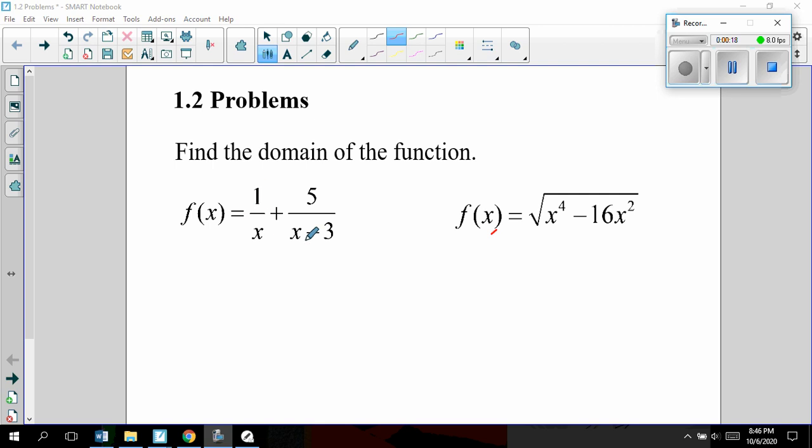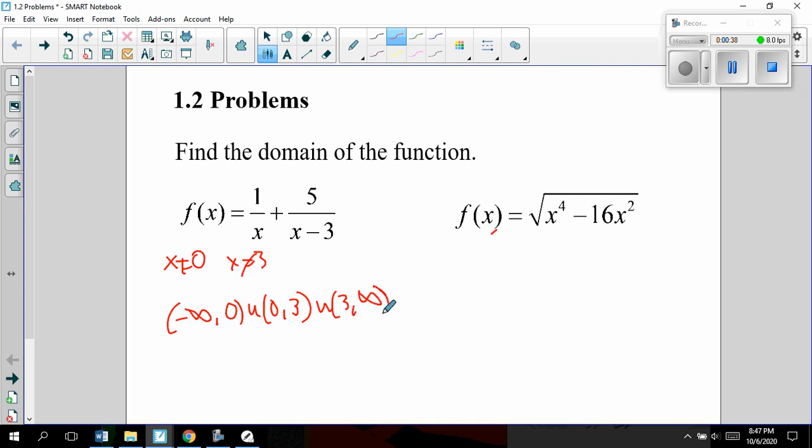fraction? Well, I have 2 in this case. And so remember, in fractions, the bottom cannot equal 0, which means I can't use 0 and I can't use 3. And so my domain, and everything else works, is negative infinity to 0, in union with 0 to 3, in union with 3 to infinity. Okay. Now with your square root, the process was to take the inside, the guts, the stuff underneath,